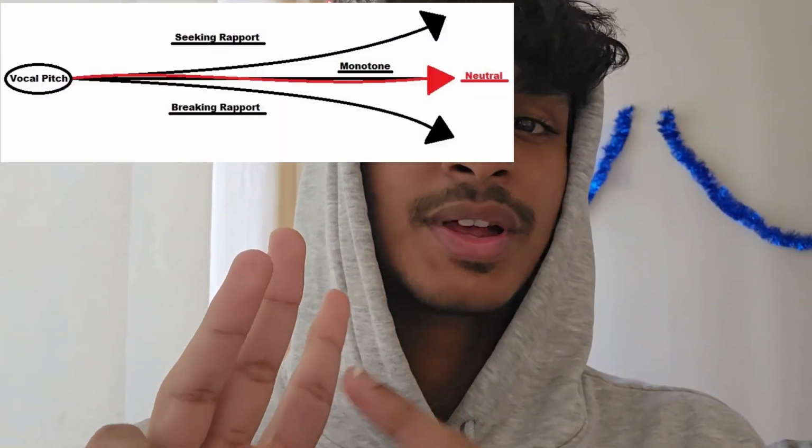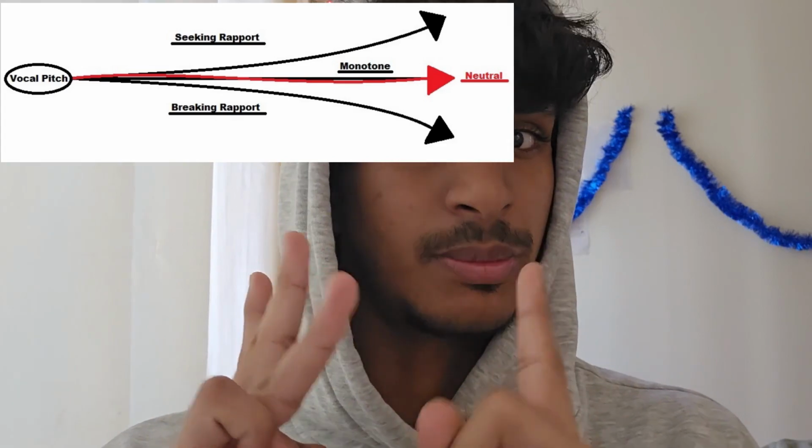So there's many ways you can level up your voice, but there's 3 things you need to keep in mind. It's the same topic, but 3 points within that topic. There's seeking rapport, there's neutral rapport, and there's breaking rapport. Seeking rapport is like getting to know the other person and you want their attention. That's usually good when you're asking questions, and even then, seeking rapport makes you look like a small child, basically. You know how a small child asks questions? It's basically seeking rapport.